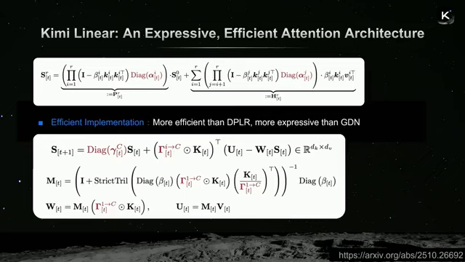And more importantly, this is not an approximation. It's an exact, mathematically equivalent formulation, so that we can achieve a much more efficient implementation without sacrificing any performance. So it's going to be as efficient as previous linear attention variants, but at the same time,